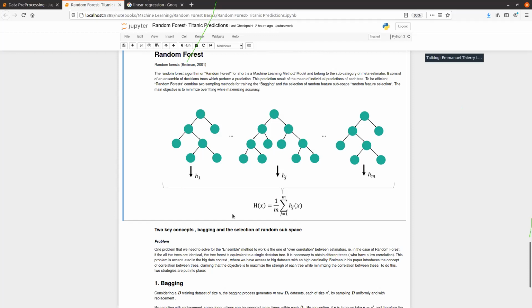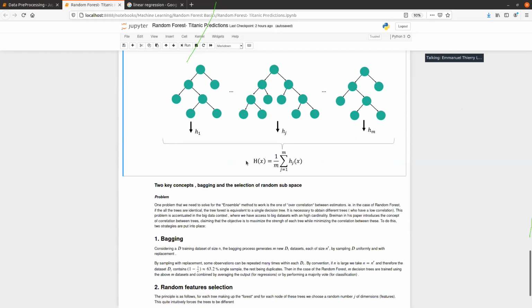But one of the problems of any given ensemble method, and especially random forest, is that if those trees resemble each other, meaning, let's take the worst case scenario, where this tree is identical to this tree and identical to this tree, then you will do the average of the exact same tree, and therefore you won't have any advantage in computing all of these predictions, because the average of all these three will be equivalent to a single tree.